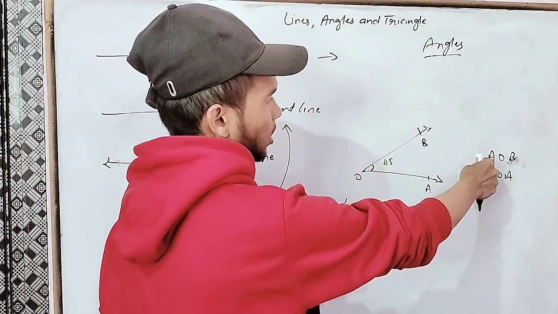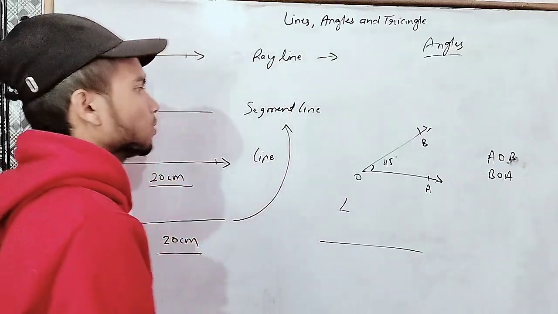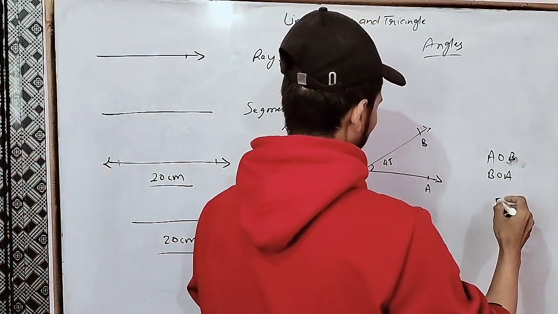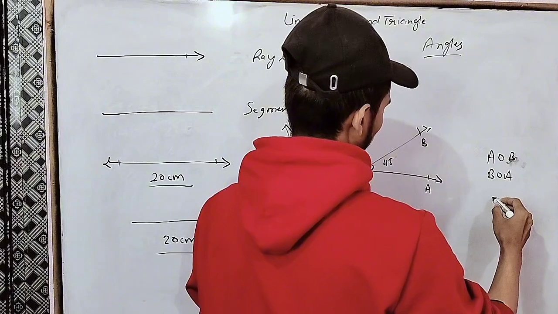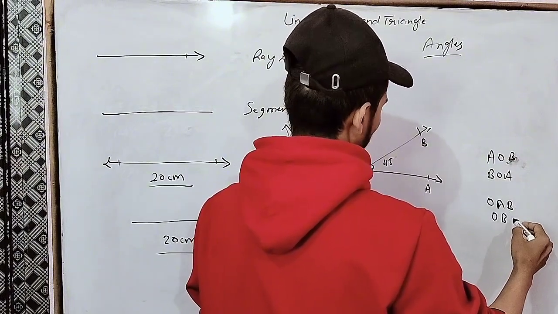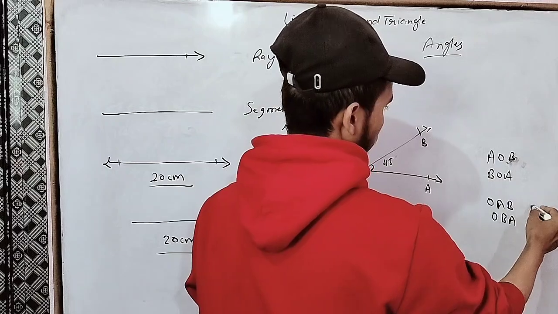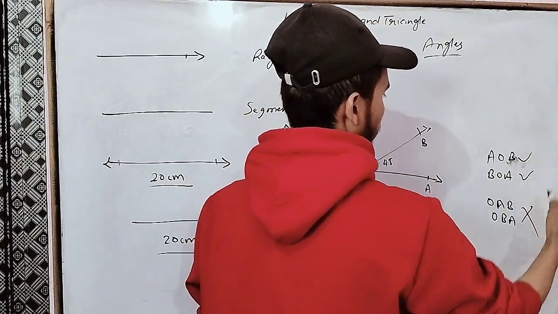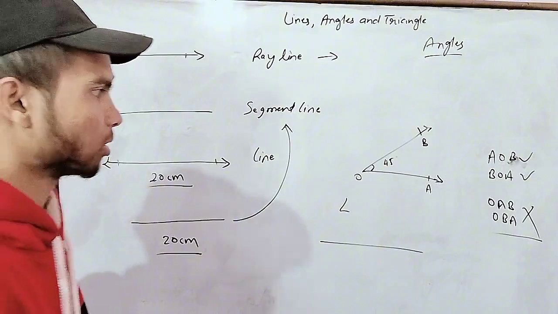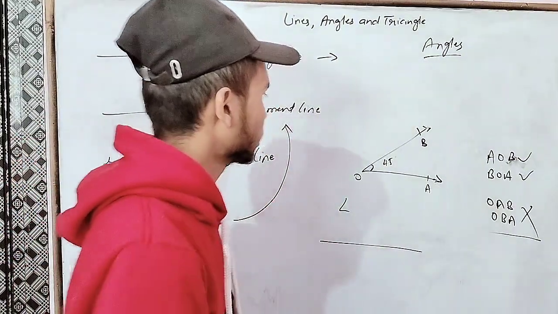Whatever you want to take up from this, you can take, but you want to take OAB or OBA. This will be wrong. How is it wrong? How is it right? You can see